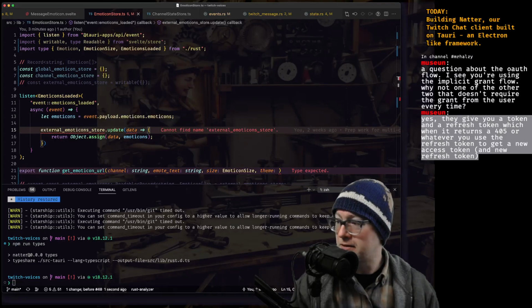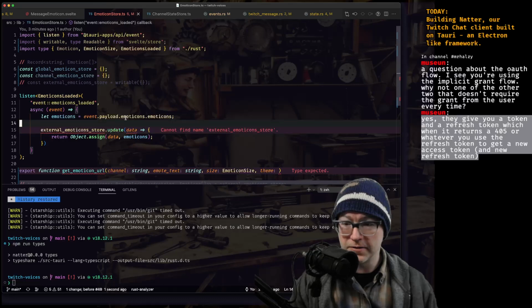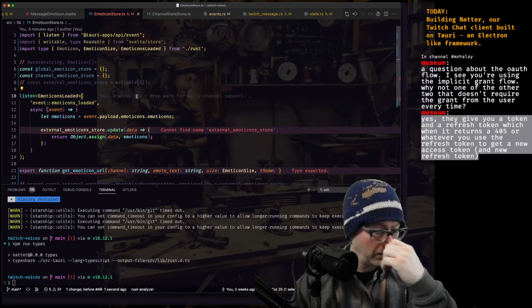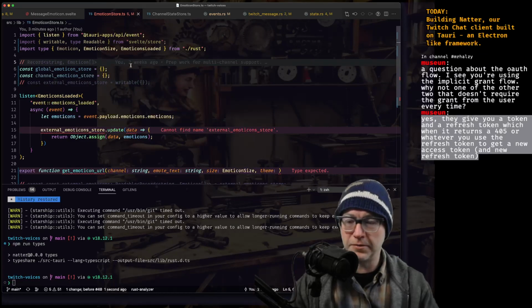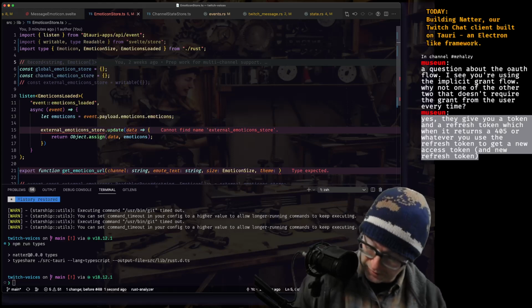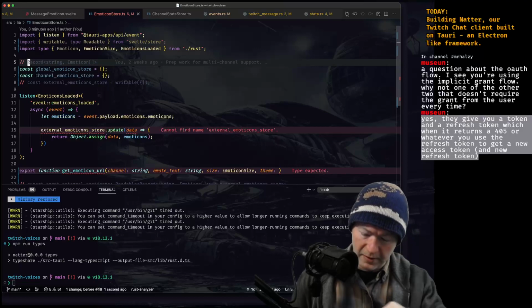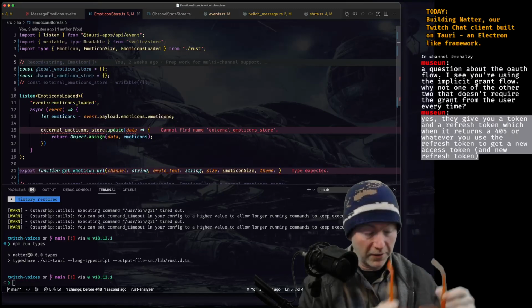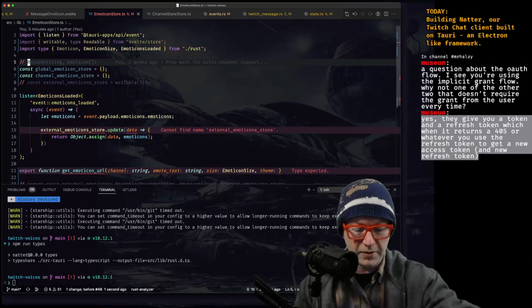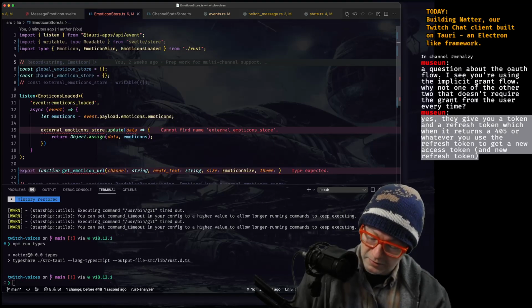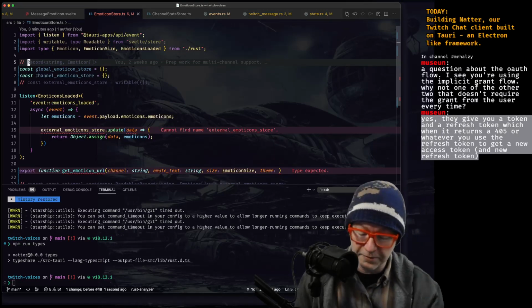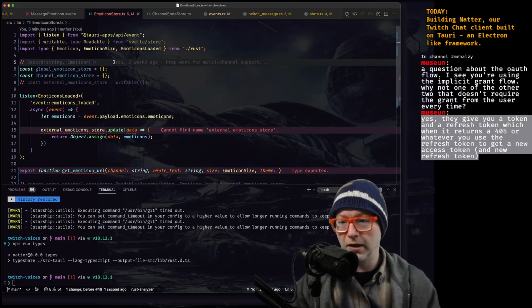Okay, let's dig into this. So we basically have to do the same thing that we did in the Rust side, but this side is actually more specific to displaying emoticons, right? While the Rust side cares very much about knowing what the emoticons are, the JavaScript side, or TypeScript, if you will, wants to display them.